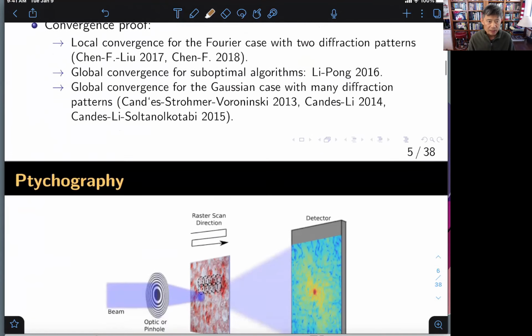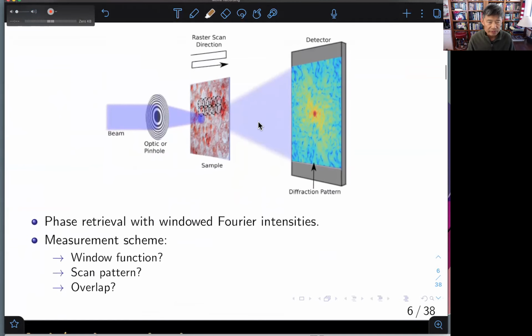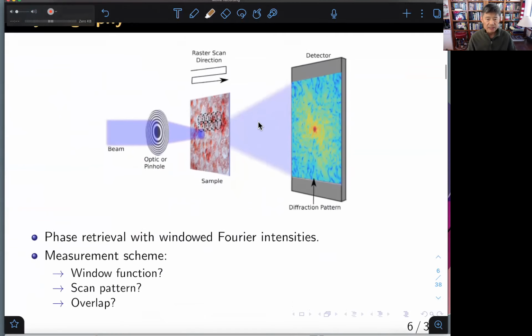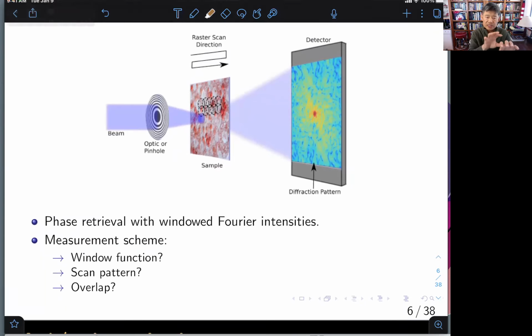Okay, so ptychography. What is ptychography? As I said, ptychography usually refers to a scanning microscopy. So instead of having a diffraction pattern all at once of the whole object, you have a scanning probe that takes a picture of a small part of it, and then as you move, as you scan, you let